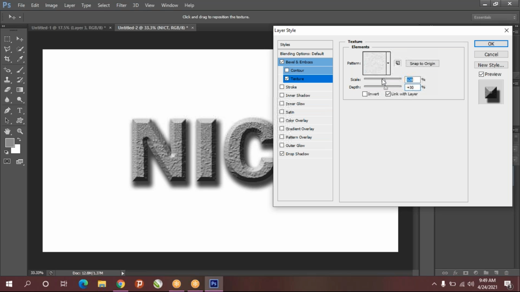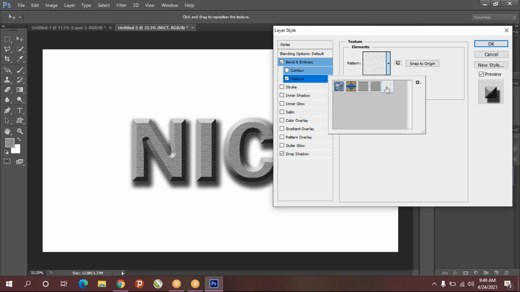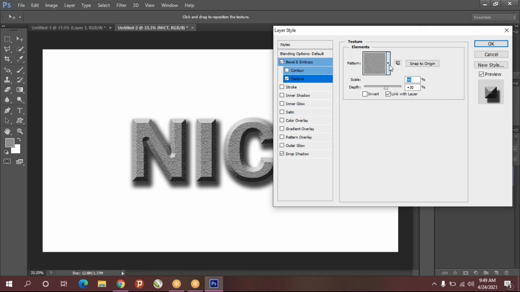And scaling, so you want bigger texture or smaller textures. And if you have different types of textures also, you choose which you like.